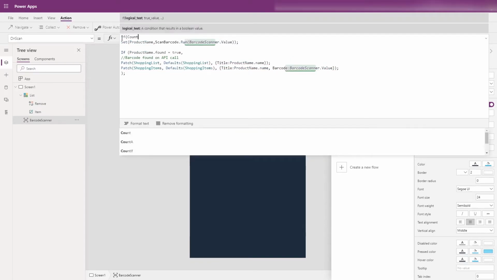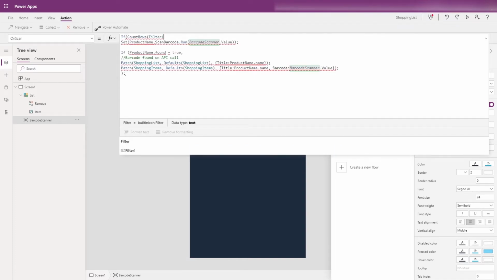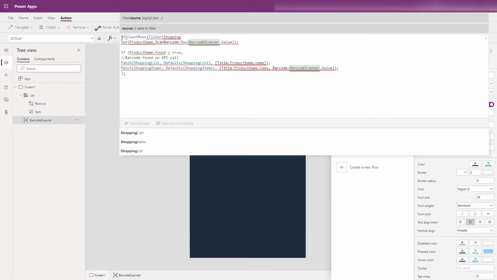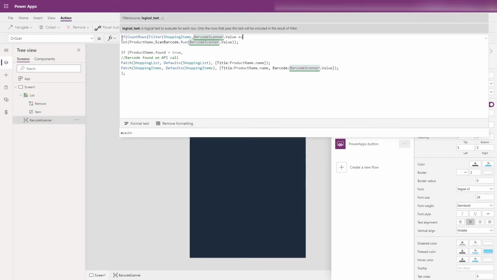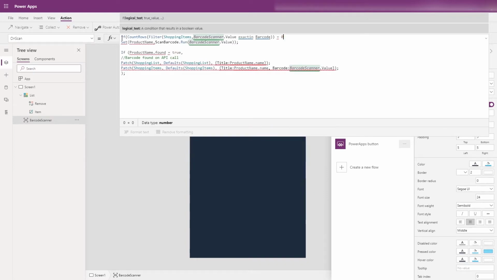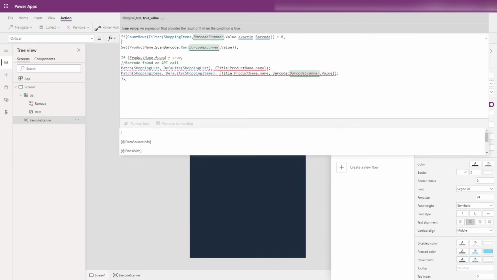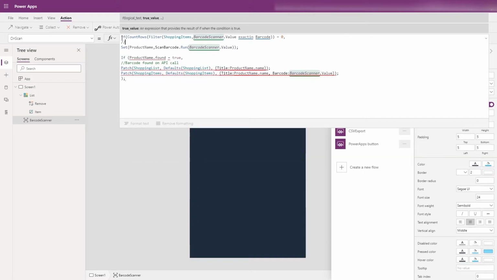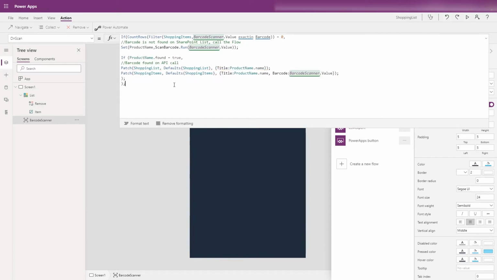If the count of rows on a filter of our shopping items where barcode scanner.value is exact in barcode, if that equals 0, then we want to say barcode is not found on SharePoint list, call the flow. Okay, so now our formula reads,